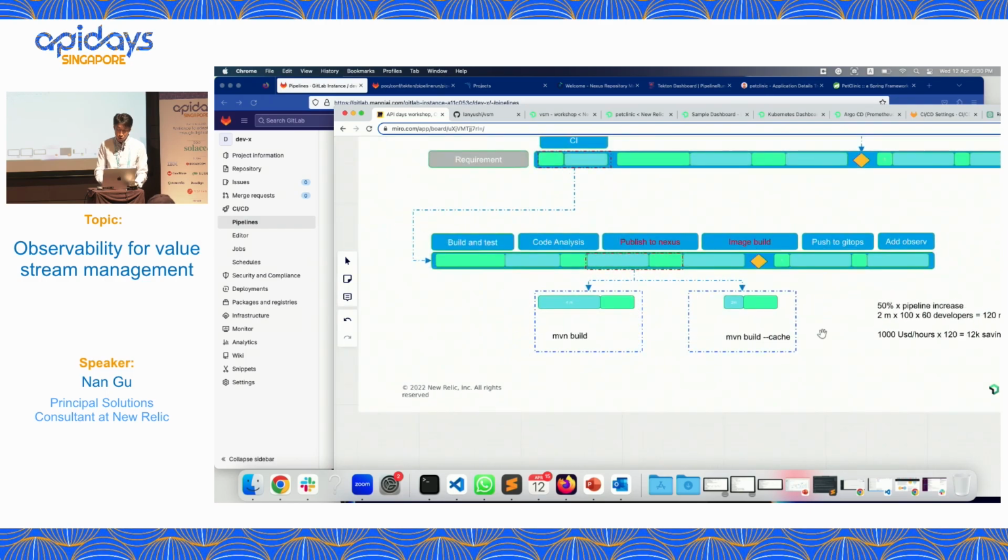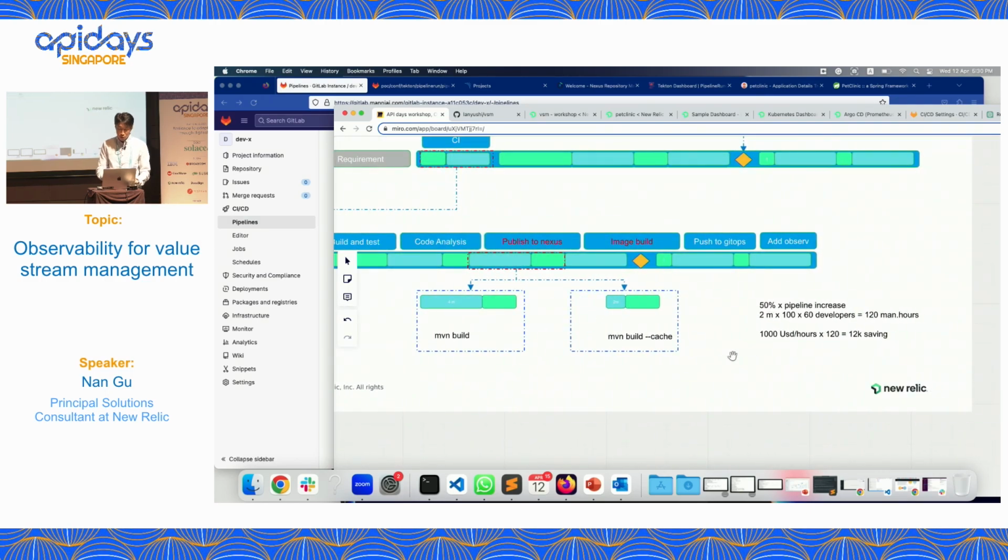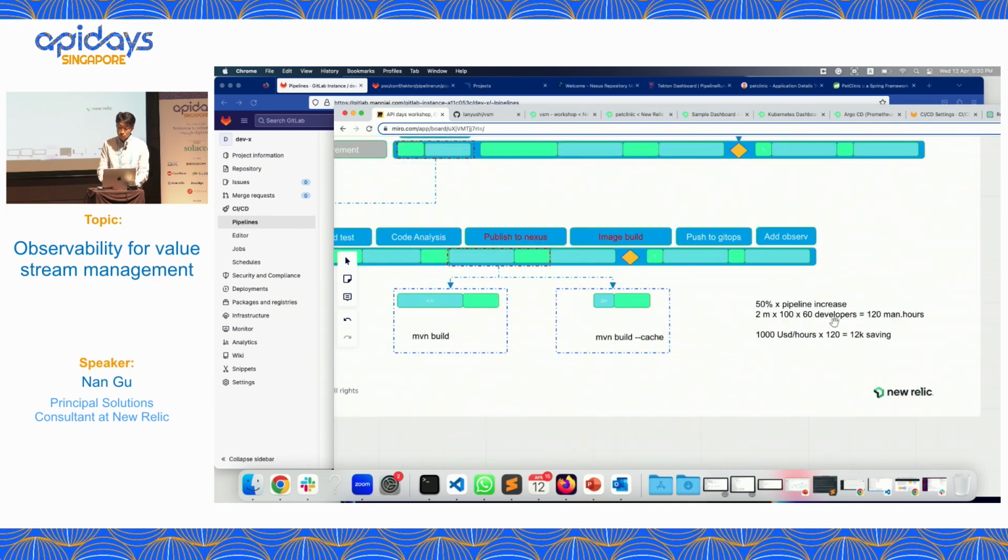So here are the calculations, right? We're trying to figure out the whole end-to-end process. Where is the waste? How do we improve it? If I can save time from 4 minutes to 2 minutes, which means for each pipeline I can get 50% of the productivity increase. And you might say 2 minutes is not a lot, but your pipeline